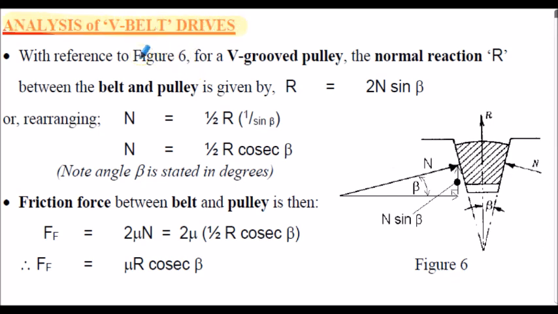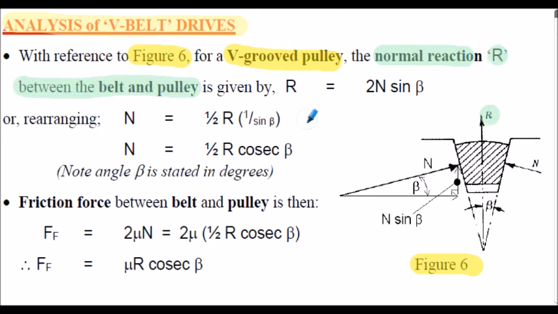So, reference to figure 6 shown here on our slide. For a V-groove pulley, the normal reaction, labelled as R on our diagram, between the belt and pulley is given by the equation R is equal to 2 multiplied by N, and this is the normal force shown here on either side of the belt, multiplied by the sine of angle beta, and angle beta is the semi-groove angle shown here,